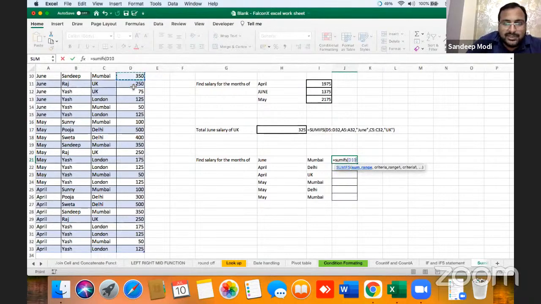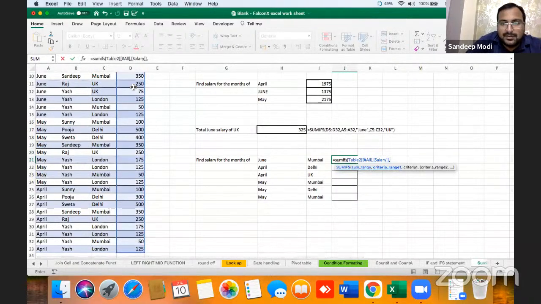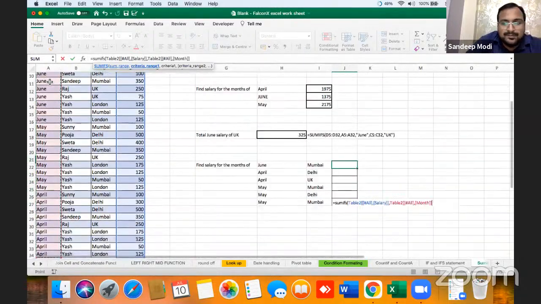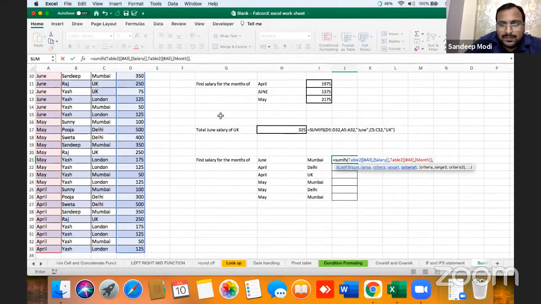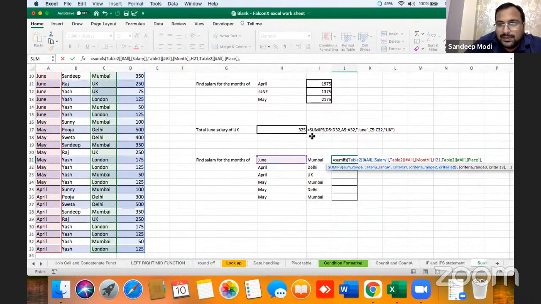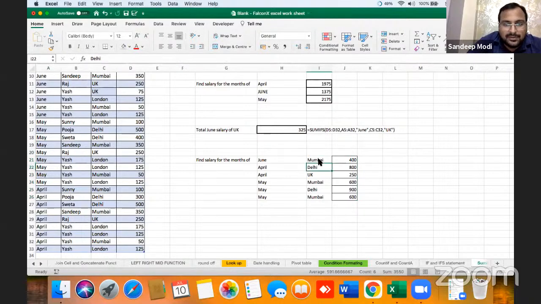This is my sum range, comma, criteria 1 range is this, June, criteria 2, enter. Now we got all the values.